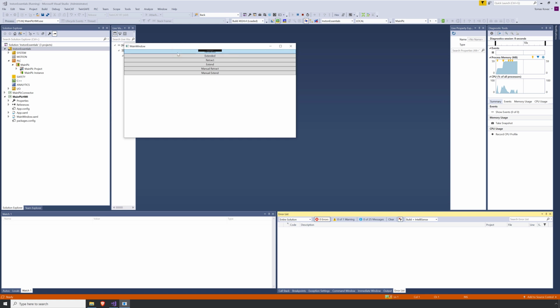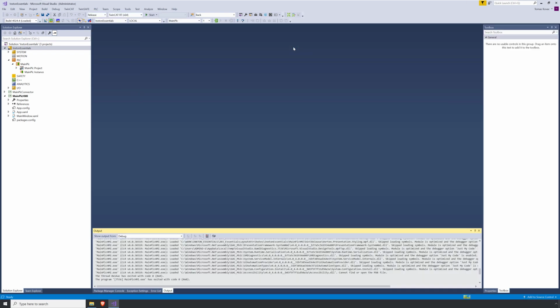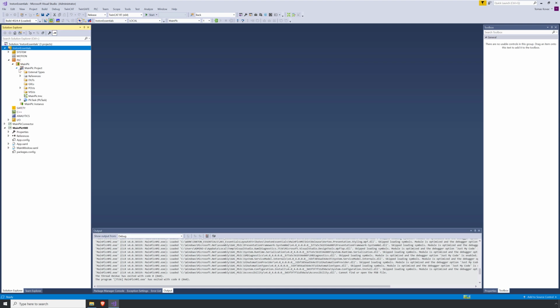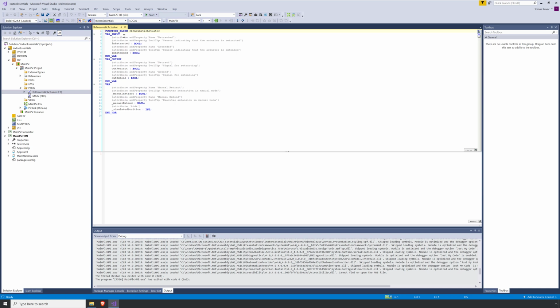Try to click on the first 4 buttons, which are end position sensors and coils of the pneumatic actuator. As you can notice, they are accessible from the user interface, but they should not be. So firstly, we are going to add read-only attribute to all input and output variables of the function block FB pneumatic actuator.